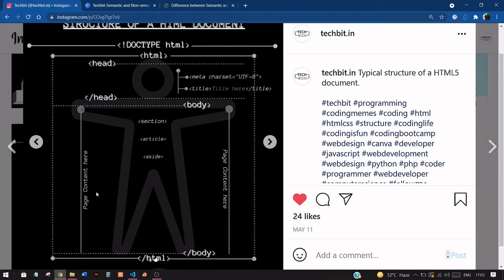The basic HTML document contains, the first thing is doc type HTML. Then follows the next tag, which is HTML itself. Then follows head tag, which contains all the SEO tags and the title tag itself, and all the reference files that you have to link your document with. Then comes the body. Body contains all the things that you want to display on your web page to your audience or to your consumer.